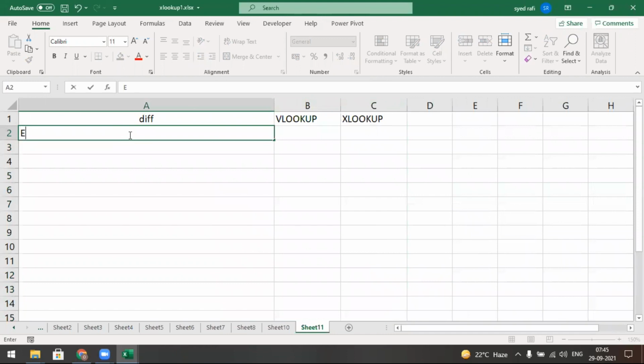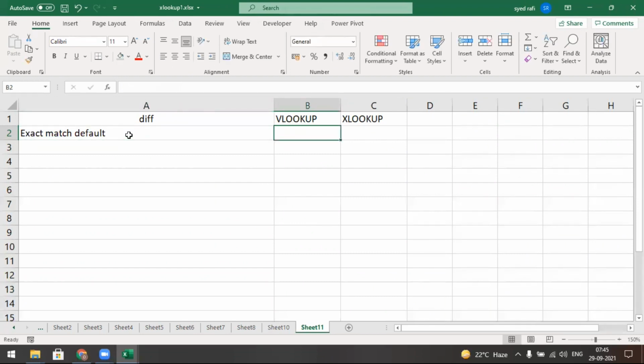You may give the answer. Exact match default in which one? Exact match is default in XLOOKUP, in VLOOKUP, or both? Say simply yes.